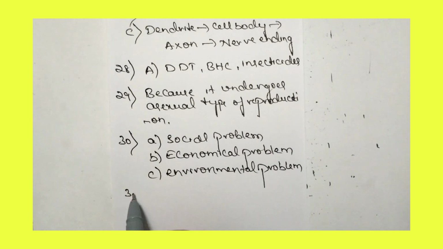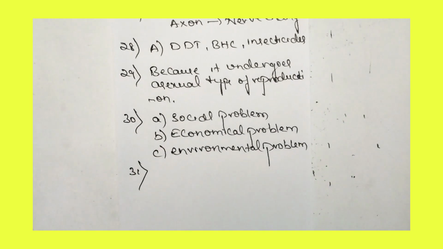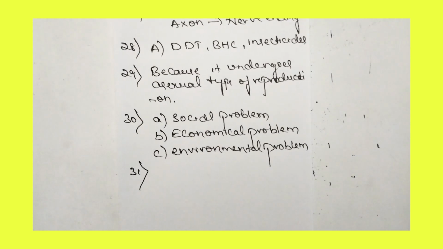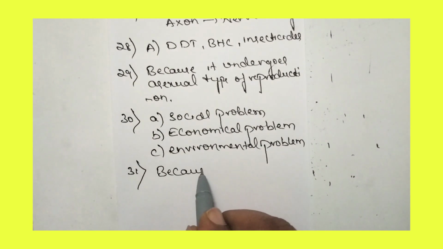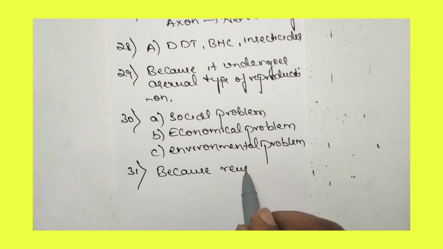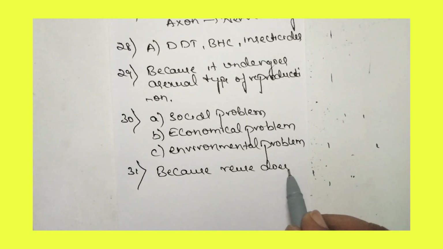Now let us move to the 31st question. The 31st question is: in the conservation of environment, the reuse method is better than the recycling method. Why? Because reuse does not require